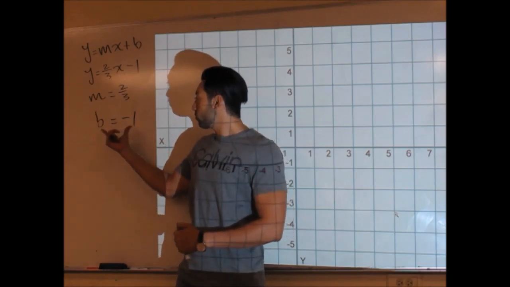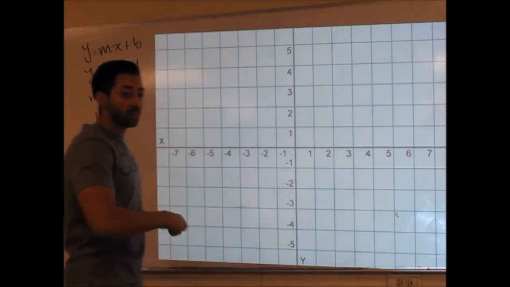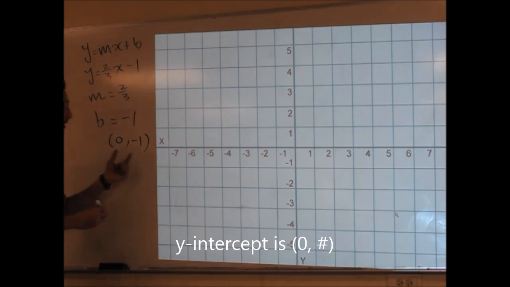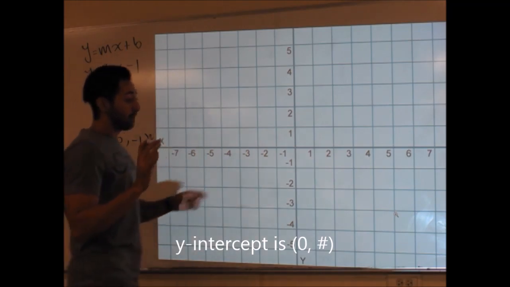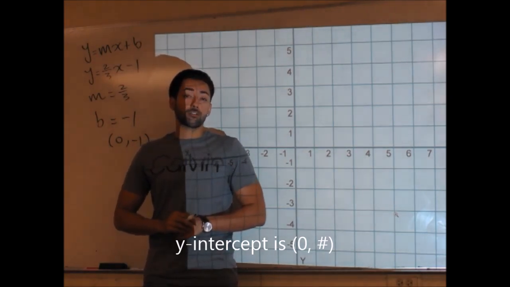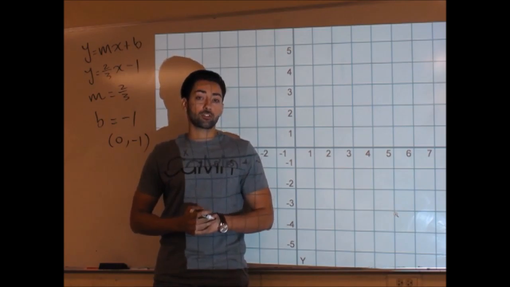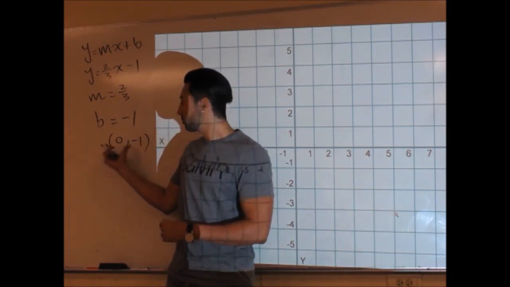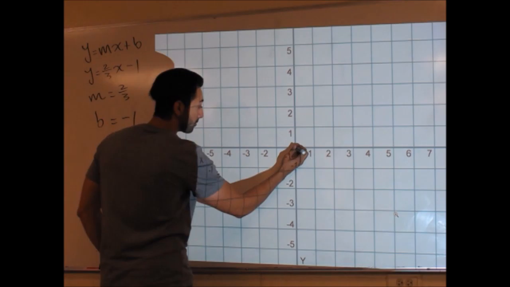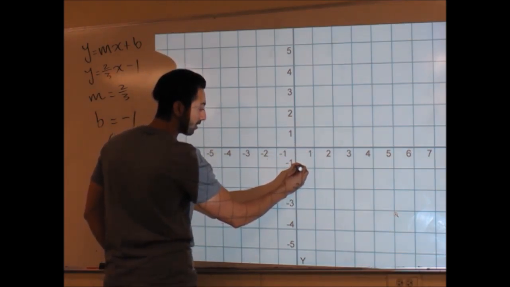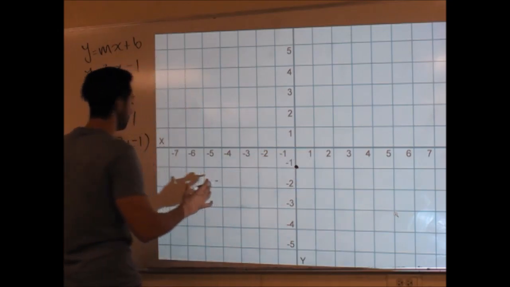Now, this y-intercept, I could rewrite that in a different way because I know the y-intercept is actually an ordered pair or a point. And I know a y-intercept happens when my x value is 0. So I'm going to go ahead and plot my y-intercept first. For the suggestions in this series, that's the first thing I'm going to suggest to you. Go straight to your y-intercept, which is 0, negative 1, which is what I'm going to do. So I'm going to start at the origin, move 0 in the x direction, and go down 1 unit. That'll be my y-intercept, which is my b.